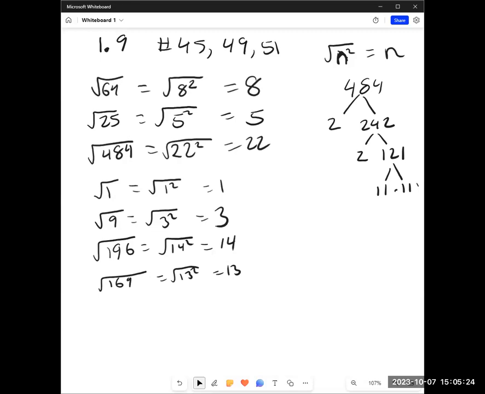Know what 50 squared is, 100 squared. But you're going to be given some ones that are a little harder sometimes, like I got 484 there, and it'll help you to break them down with the factor tree, which we did in some of our earlier videos when we were finding GCFs and